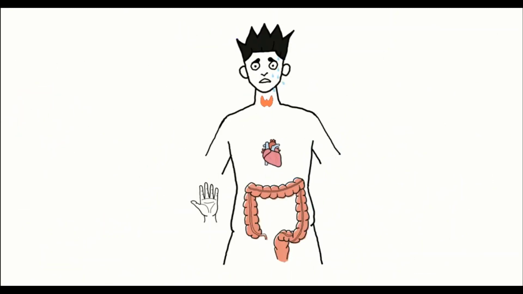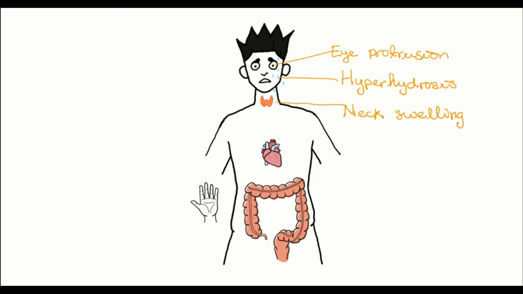The thyroid hormone acts on a bunch of stuff in the body, ranging from heart rate to gastrointestinal motility to protein metabolism. So the effect of excessive levels of circulating thyroid hormone would be felt all through the body. Patients may complain of weight loss due to the rapid catabolism, but would still have normal or sometimes increased appetites. They could also complain of eye protrusion, hyperhidrosis, which is also known as excessive sweating, neck swelling if there's a